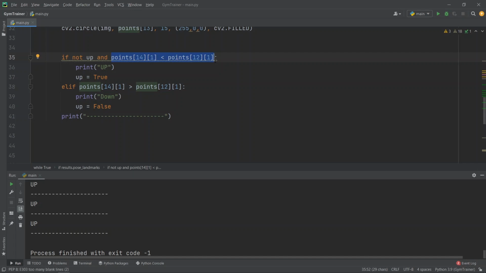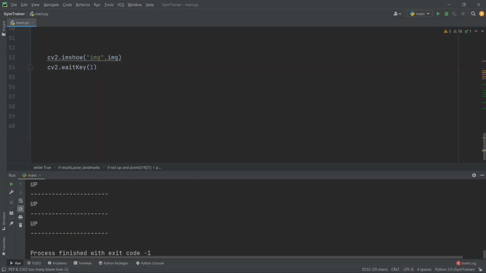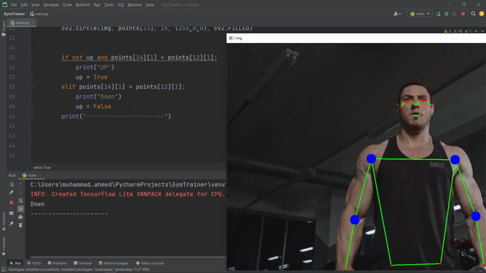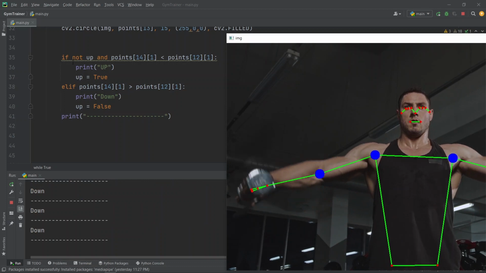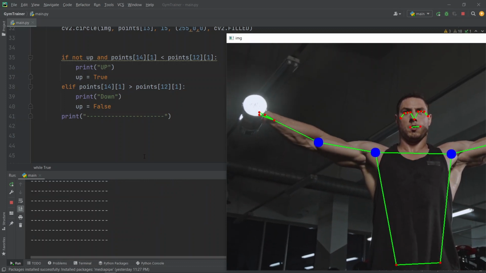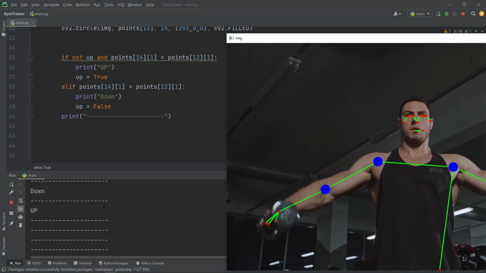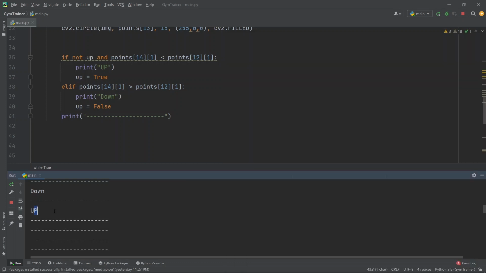So right now, let's say we have just started the video, and let me just make it 10, so that we can dry run it appropriately. So it is not getting in the up, and as soon as it crosses that, it went for the up, and it's not entering the up again. Here you can see that it entered the up, and then it marked the up as true. When it comes for the next iteration, it is checking if not up, this condition is now false because we have already marked up as true. And here not up is now false, and it will ignore it and go for the else.